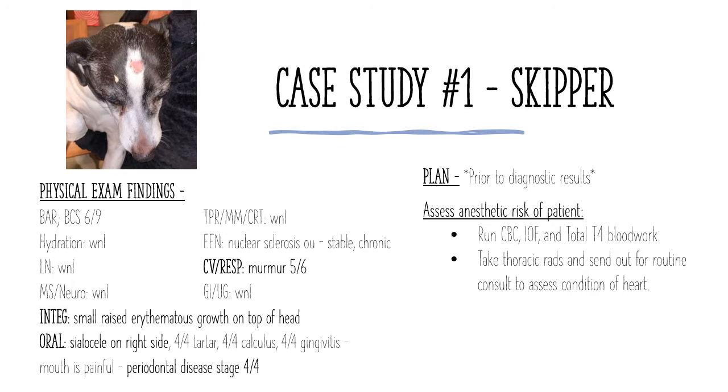Our plan of attack prior to getting his diagnostic results back was really just to assess the anesthetic risk of the patient, Skipper. To do this, we were going to run a CBC, IOF, and total T4 for blood work. We were also planning to take 3 views of thoracic radiographs to send out for a routine consult in order to assess